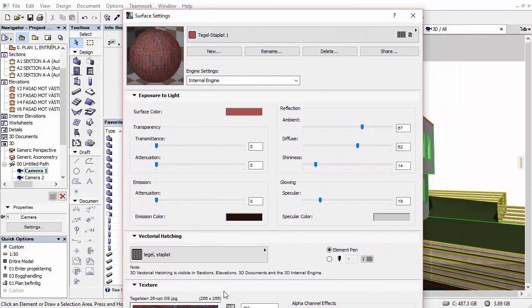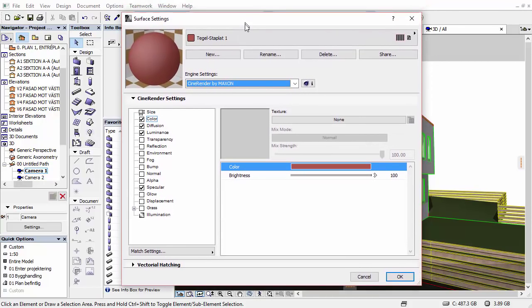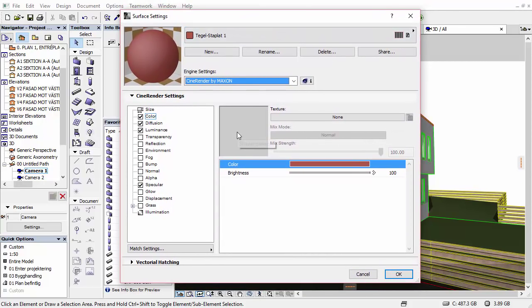materials that we have here in CineRender. First and foremost, we're going to notice that we don't have Lightworks anymore. We just have CineRender by Maxon, which is what we're going to work with all along this last video in this